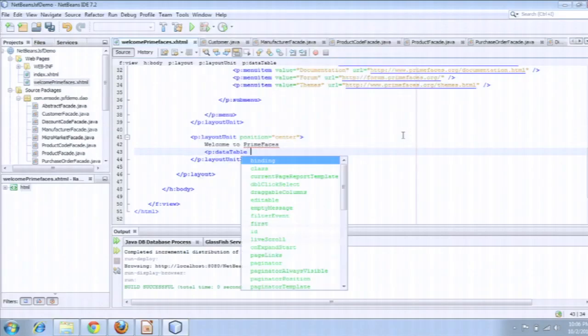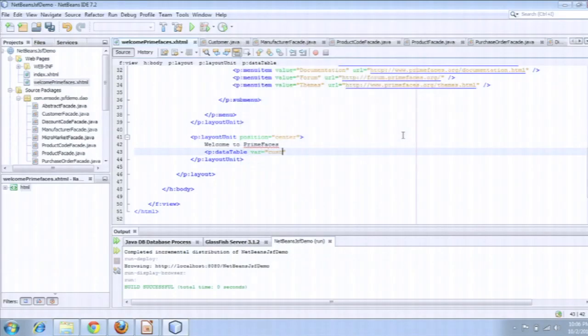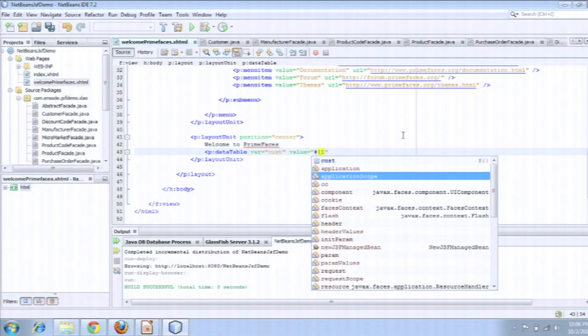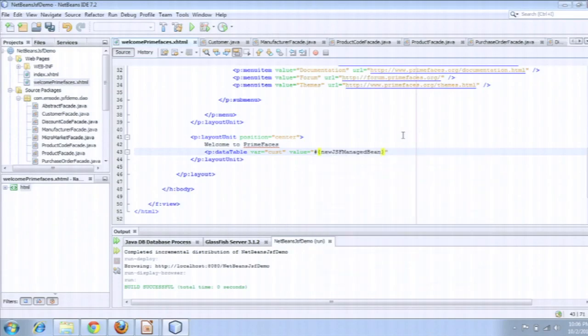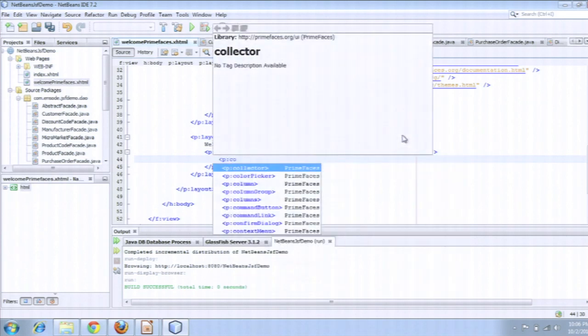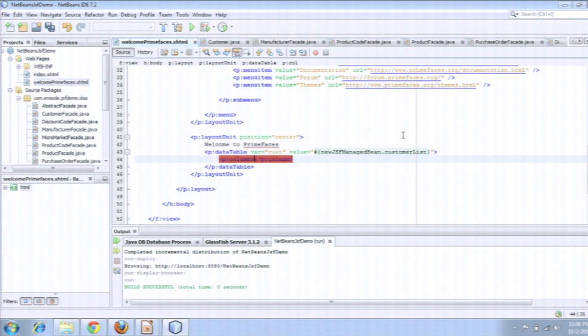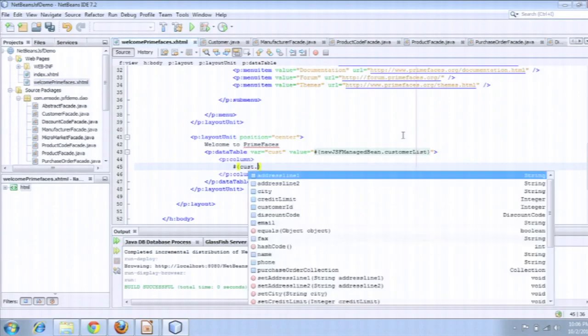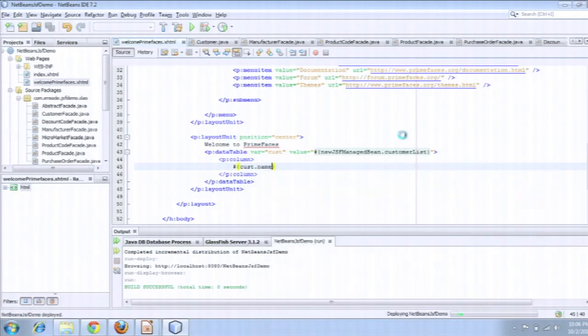Data table. For customer. What did I call my managed bean? Yeah, new JSF, the default. Okay. All right. Now we need a column, and name. Now if we run our application,